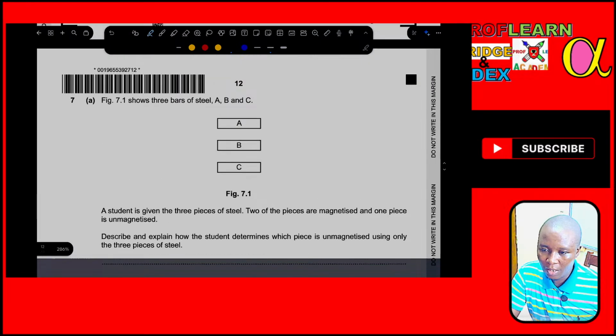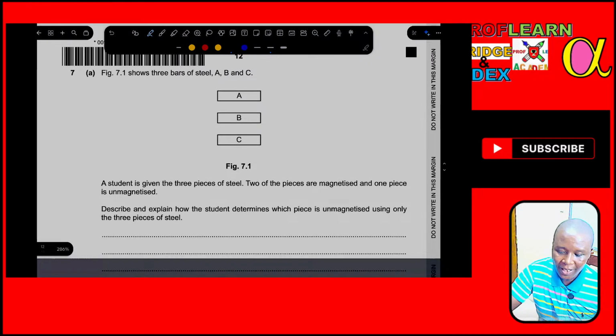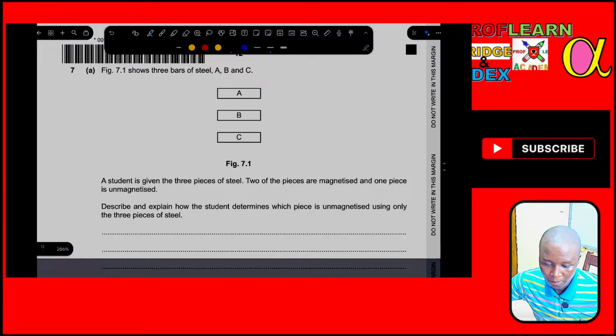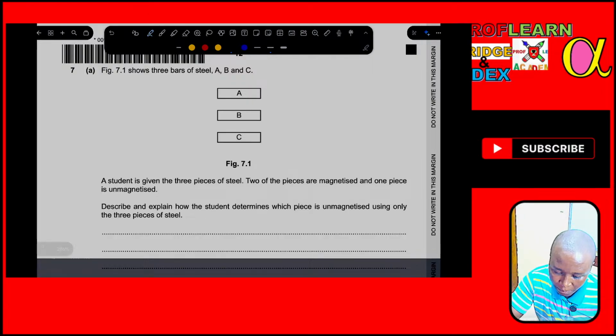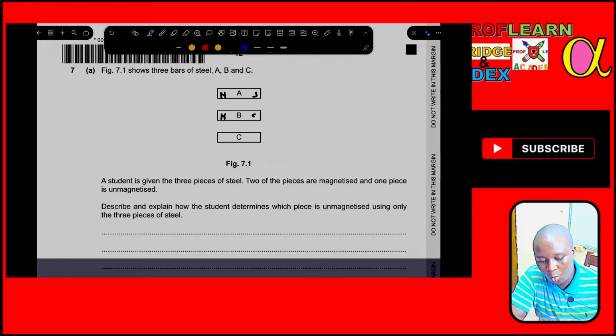We have question number 7, whereby candidates were told to describe and explain how students can determine which piece is magnetized and magnetized only. So meaning that if two pieces are magnetized, one is having a north pole and another one is having a north pole also, then there's one that is not magnetized. So which means that the student is going to,